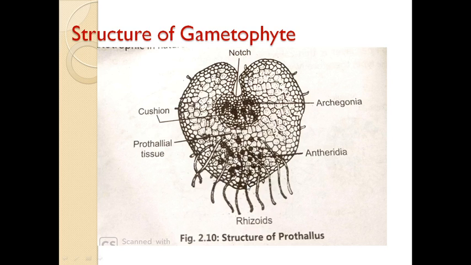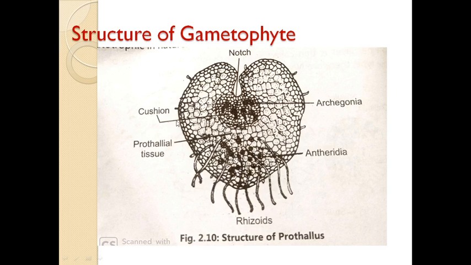So the prothallus is also called the gametophyte. Students, I am focusing here on the structure of the gametophyte. The prothallus is the gametophyte of the fern. Remember that an MCQ is asked: prothallus is nothing but what? The gametophyte of fern. It is haploid. Why is it haploid? Because it originates from the germination of haploid spores.